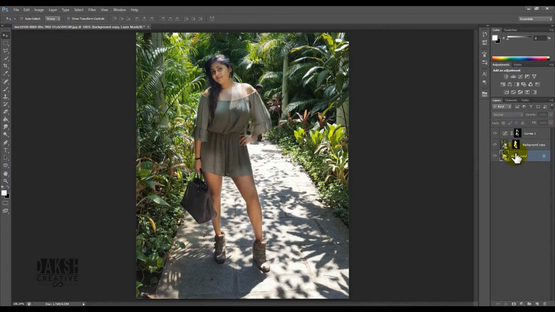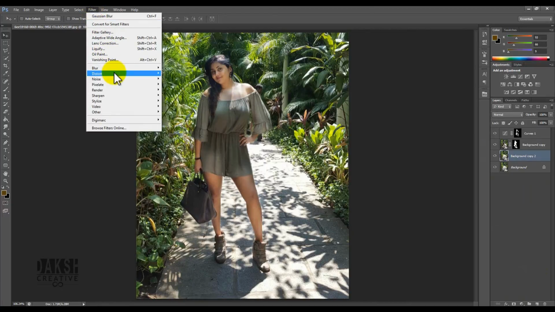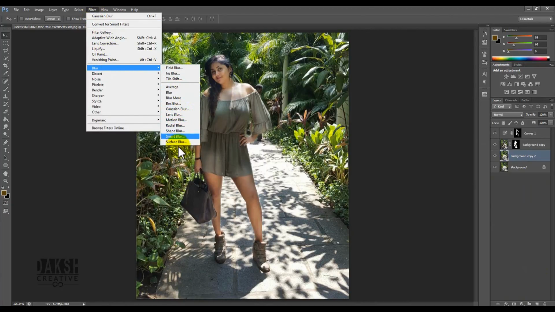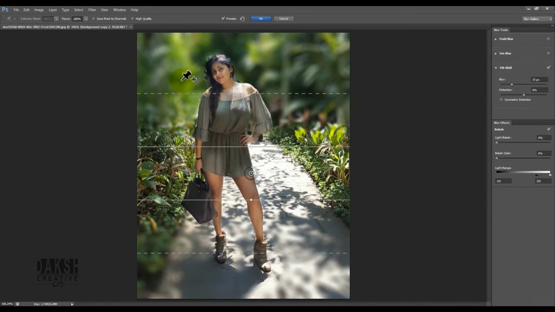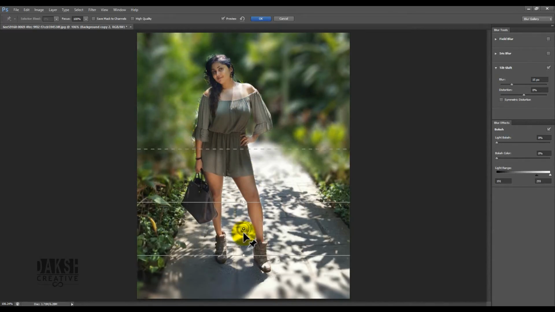Okay, moving on. Now I'm going to select the background layer again. Okay. Now I'm going to make another copy of it. All right. And to this layer, I'm going to go into filter, blur, and I'm going to choose tilt shift. So right off the bat, you can see that Photoshop has given me this option. Now I'm going to put the focus point right where her leg is,